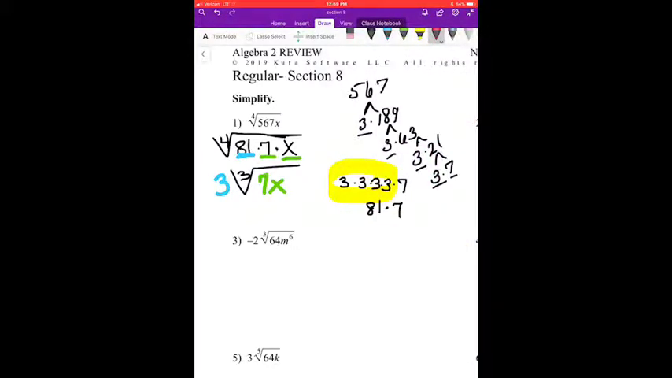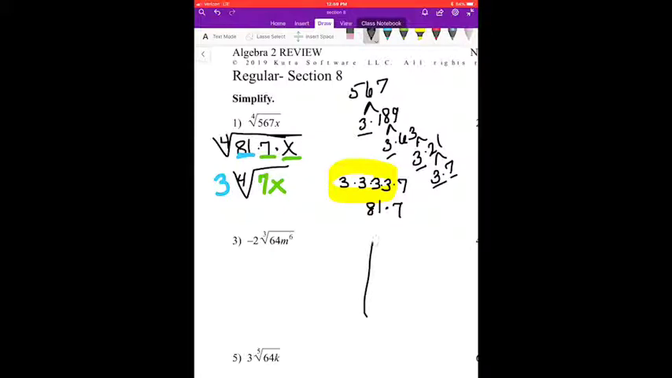Yeah, because the fourth root of 81 is 3. Oh, my mistake. No, that should be, I did not mean to do that. Thanks for pointing that out. My mistake. Everybody cool with that? All